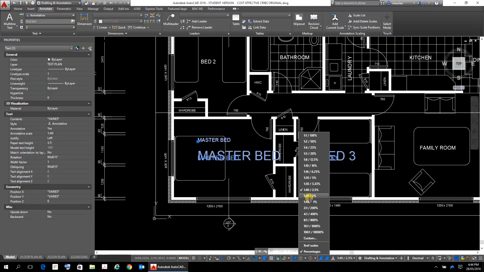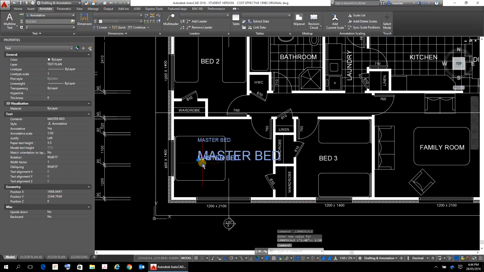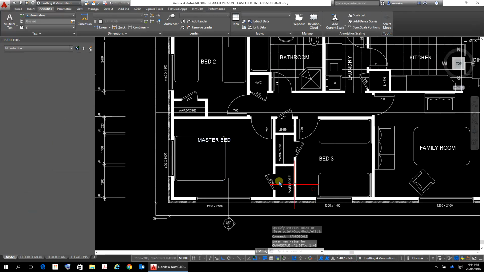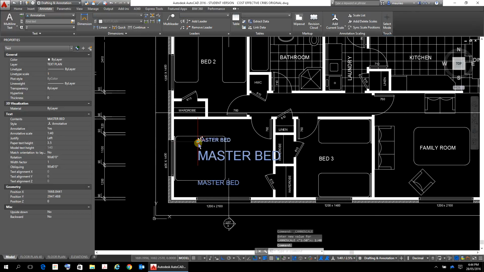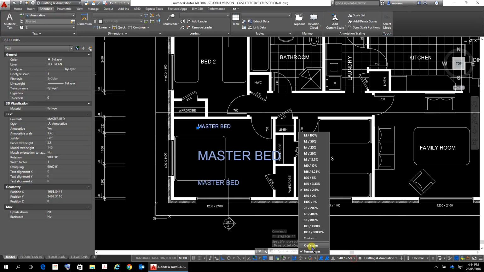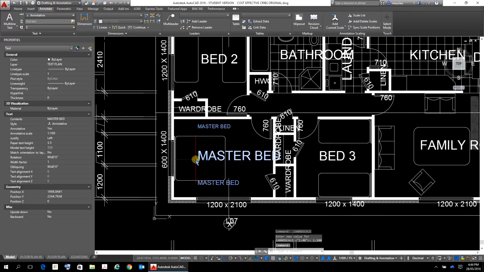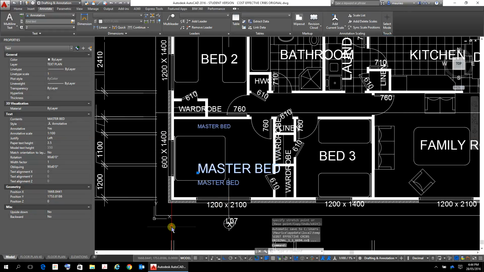Let's go to the 1 to 50, select where the 1 to 50 is going to go, so that'll go there, and then we can select also the 1 to 40, and that will be that one there. 1 to 50 is there, and if we select the 1 to 100, which is here, that could be there. So they can all be in different places,